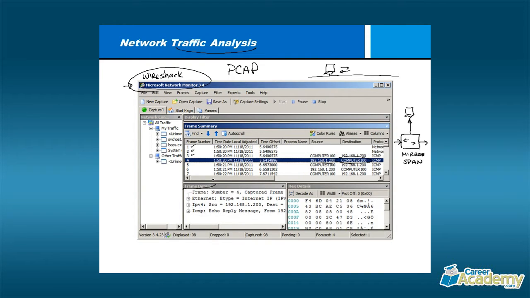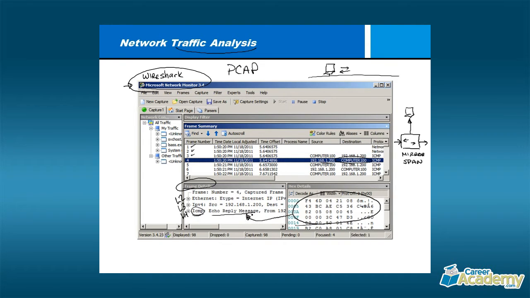Once you click on it, then there's usually a place where you see the details. So you can look at layer 2, you can look at layer 3, IP version 4 address, and you can see layer 4, ICMP message. It was an echo reply. The other nice thing about this is that if you wanted it to, it'll show you the hexadecimal values, but it will then convert them into the actual words that we can read,